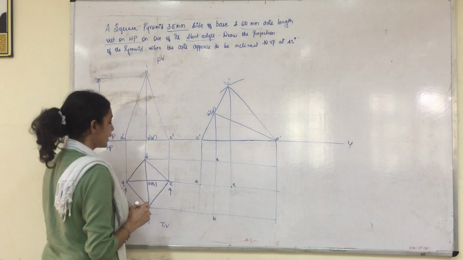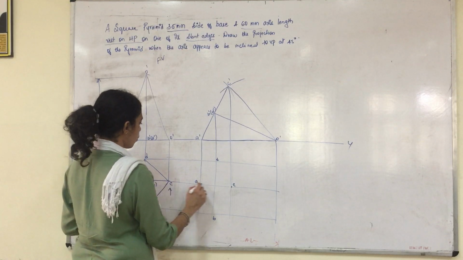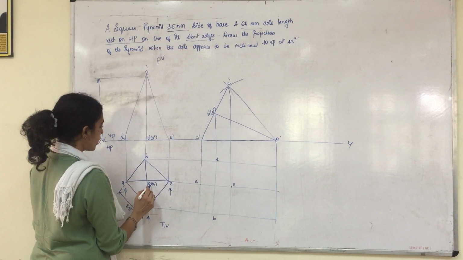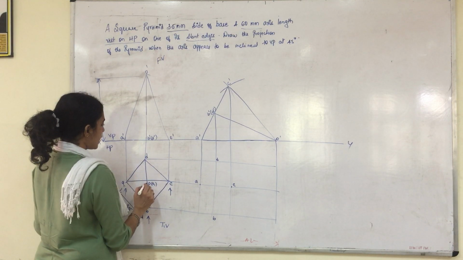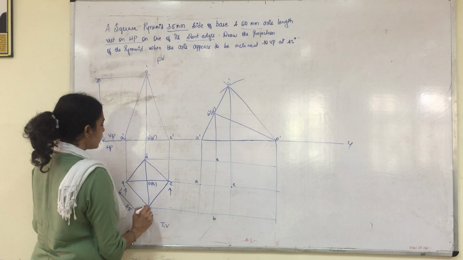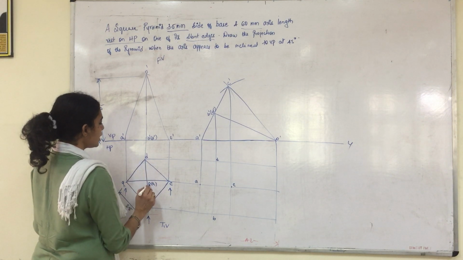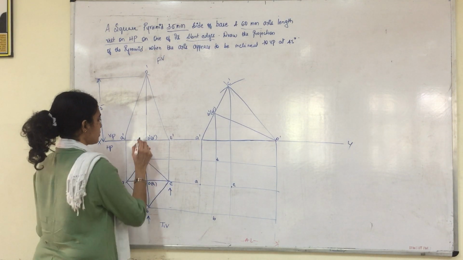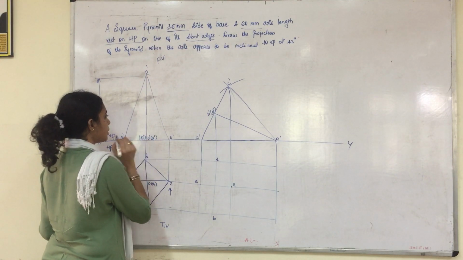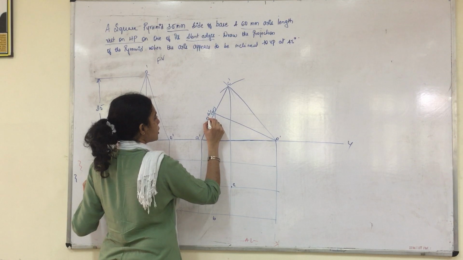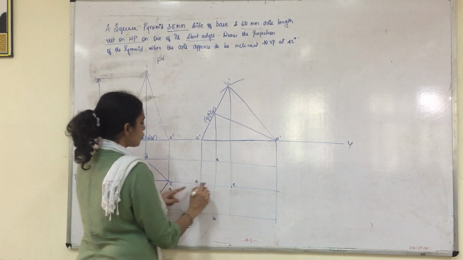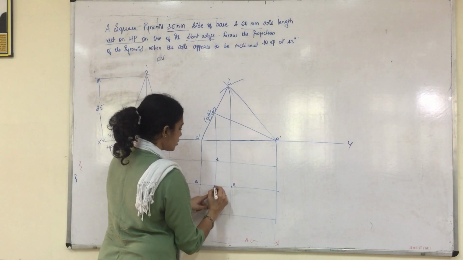Then the locus of O1 is meeting, we haven't written it, see here, we haven't named O1 dash. So you have O1 dash also here. It won't be visible when the observer views from here. B will be visible, D won't be visible and O1 also will not be visible. So in the front view, it will be O1 dash within brackets. Same thing we have to mention here, O1 dash within brackets. So the locus of O1 and O1 dash is meeting here.